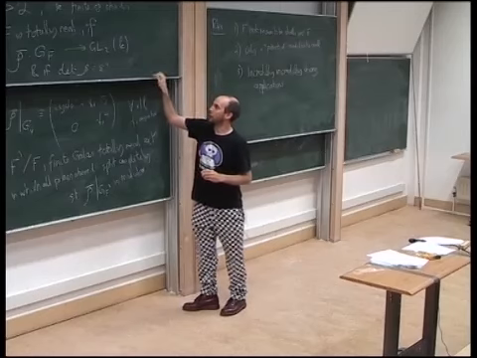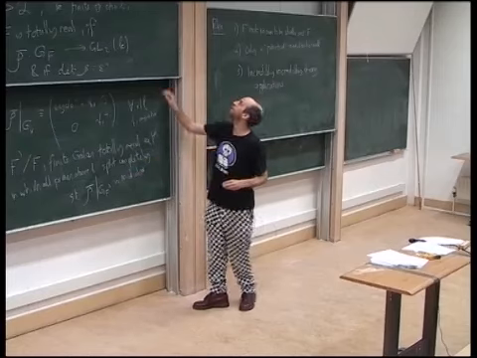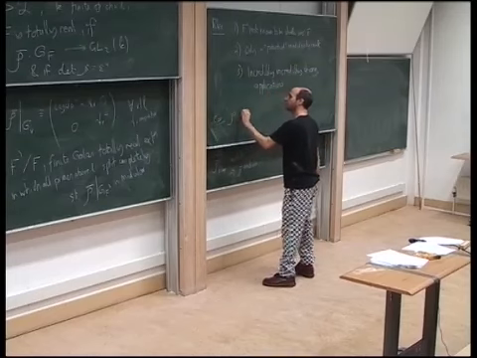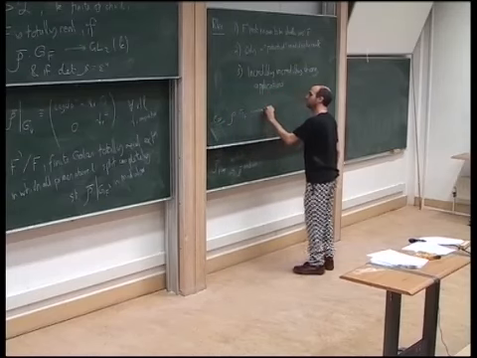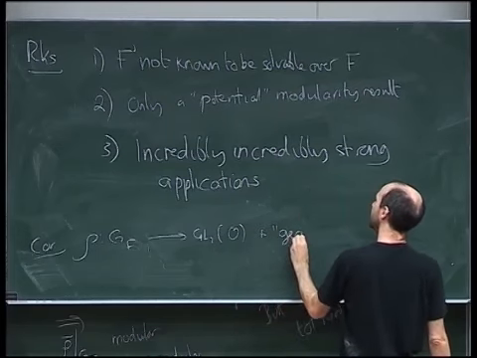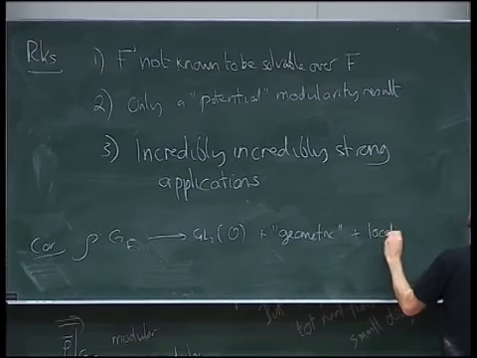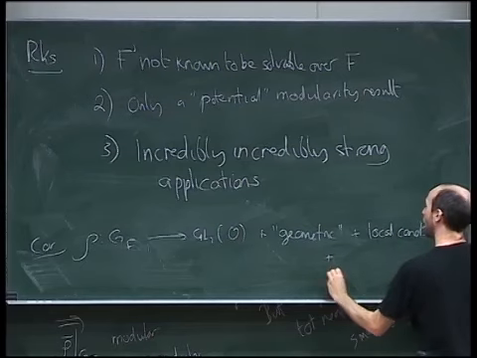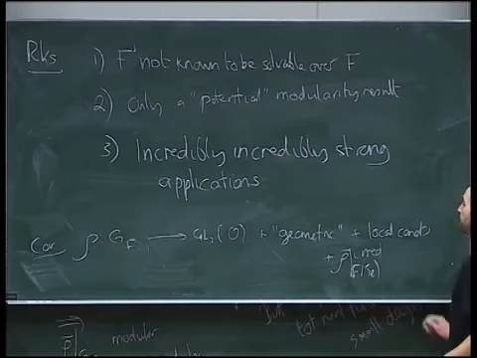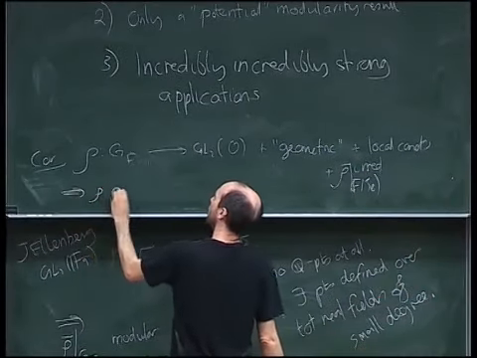Because rho bar is potentially modular, you apply your modularity lifting theorems over F prime, not F. So the corollaries you get: if you have rho from Gal(F bar over F) to GL2 of O, which is geometric, plus some local conditions, plus rho bar irreducible, this implies that rho is potentially modular,